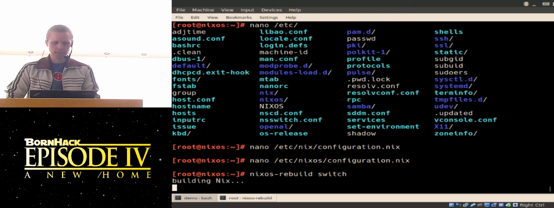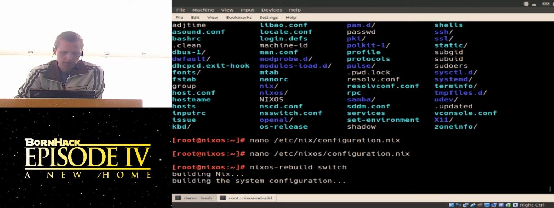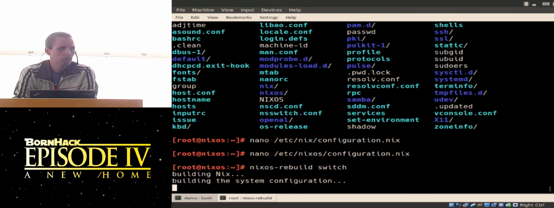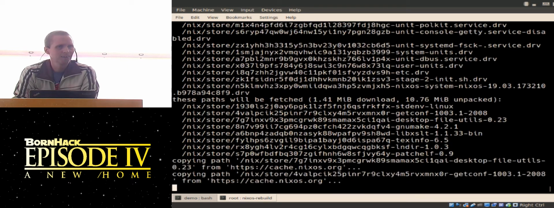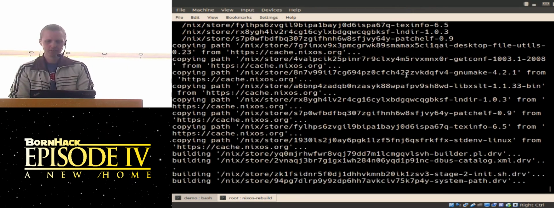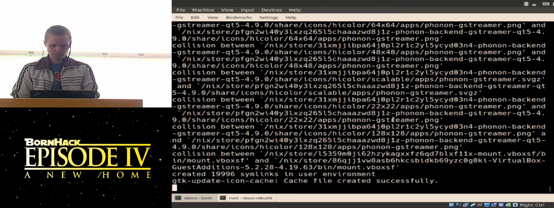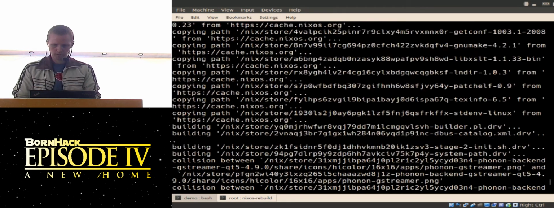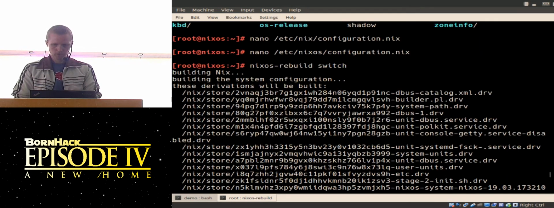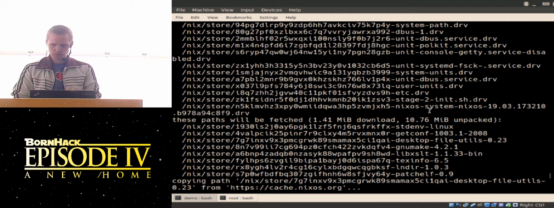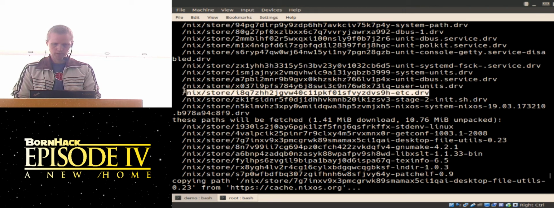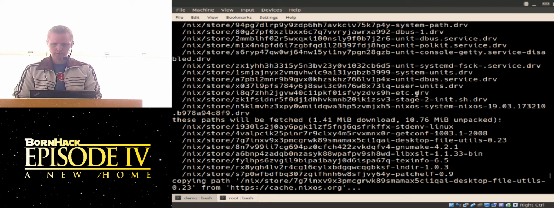So basically it will take the configuration I just worked on and build this directory I showed you in the slides, with some extra fancy stuff, since my description was very basic. Let's scroll up. It says it's building the system configuration, and then it's building a bunch of different files. For example, it's building something called etc.drv, so it's building our etc directory.